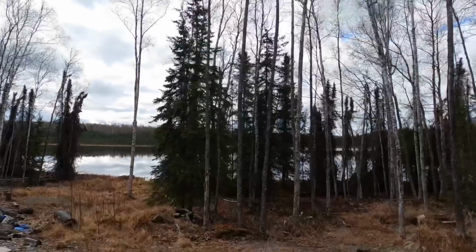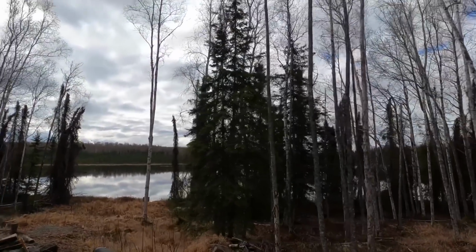Of this, it's on its way to get cleaned up. This drive lane here continues to be used to move wood down. Our goal is to put another wood shed down here, one for the upstairs, because those of you that know, our house is heated solely off of wood. We have a wood heater upstairs, we have a pellet stove for emergencies, and then our main heat is actually in the basement here. So we have some wood that needs to get into the basement, and then we did at least get all of the construction, the trash, the blue tarps, all of that has actually been picked up